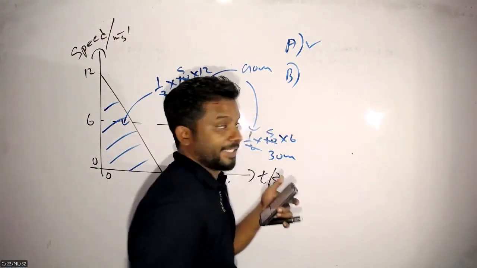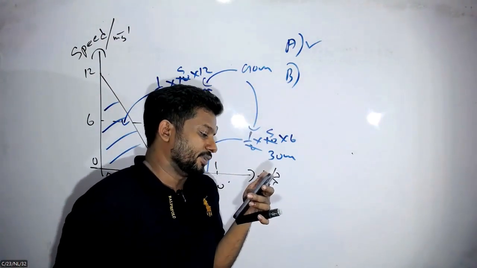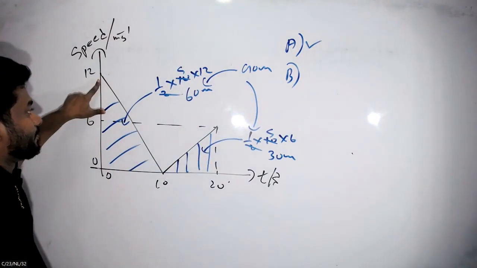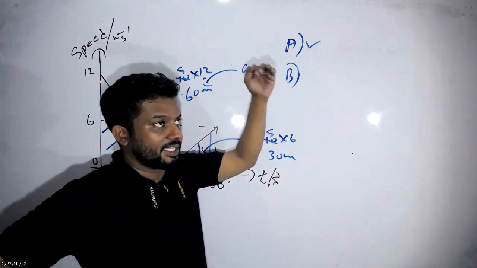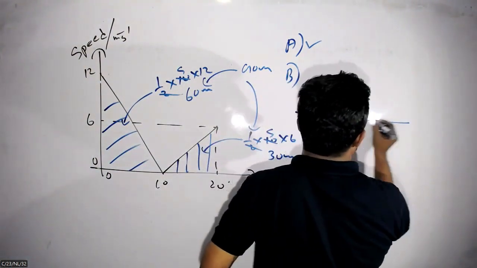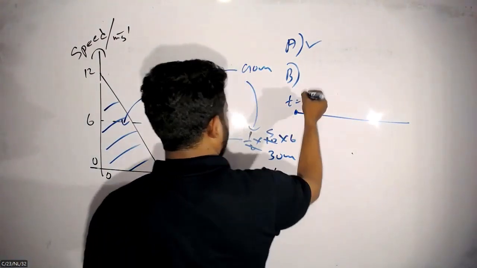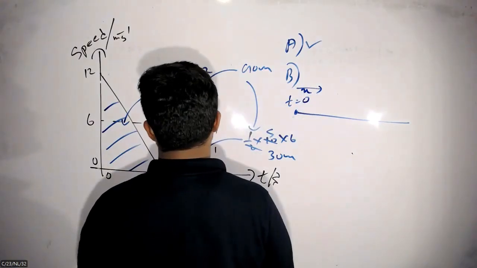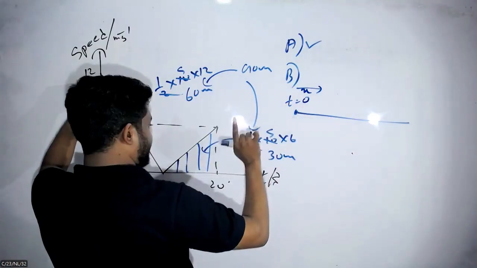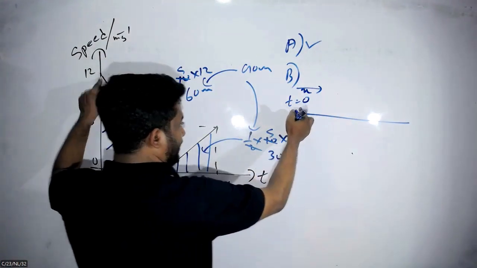Then statement B: the total displacement of the object during the motion is 90 meters. Here you can observe that in the question they have given that the object is moving in a straight line. This object moves in a straight line starting from this point at t equal to 0. You can consider this direction as the positive direction. If the object is moving towards the positive direction of the x-axis, then it increases